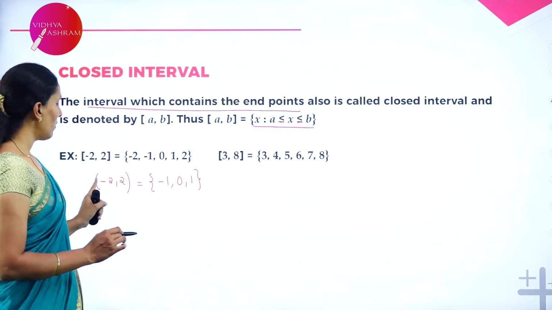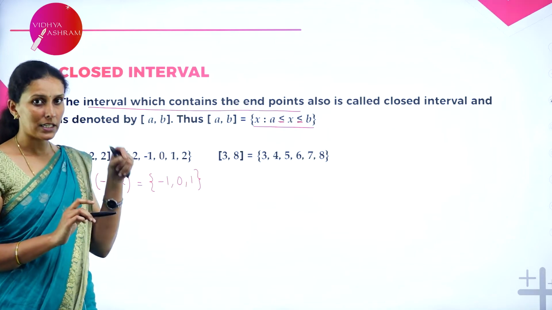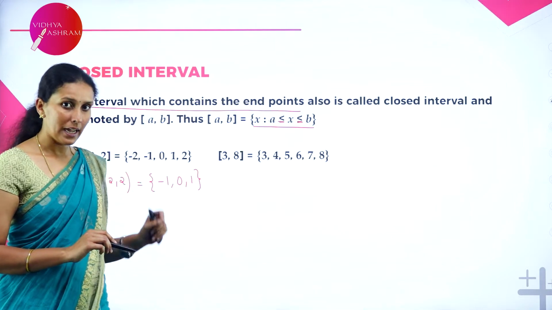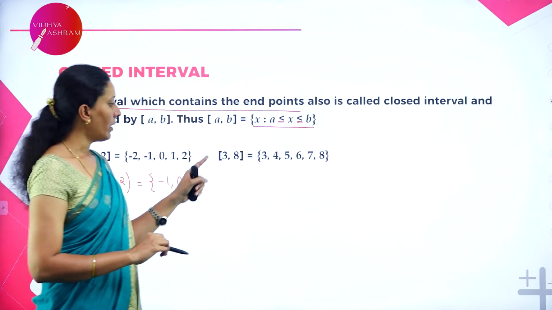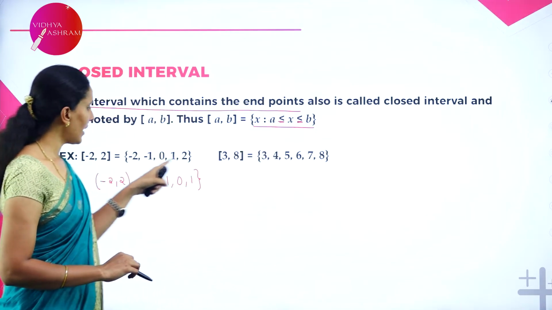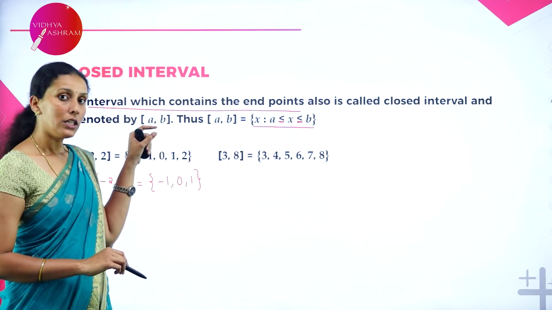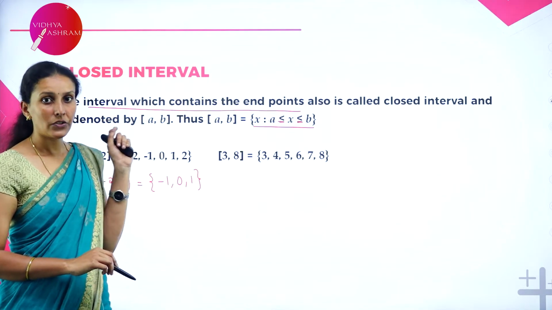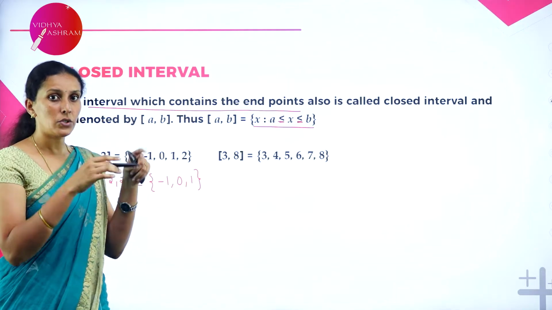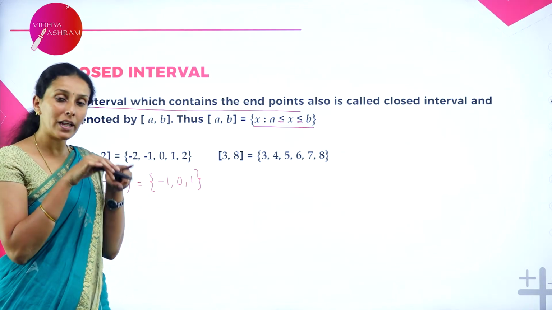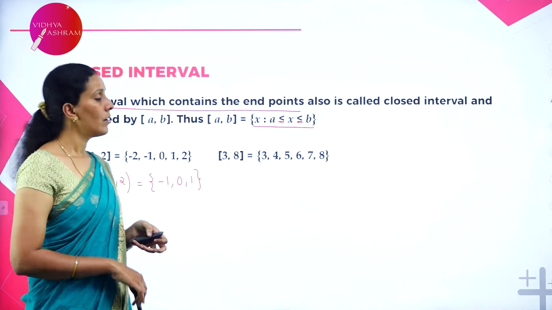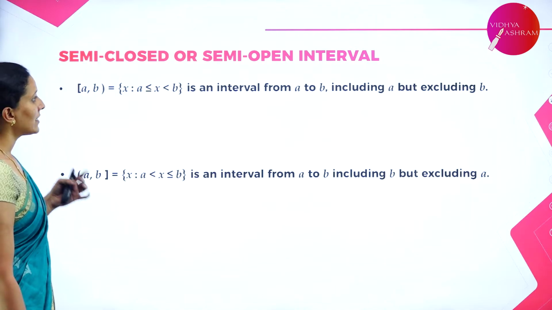In an open interval, we are not considering the end points as elements of the set, but in a closed interval, we consider the end points as elements of the set. One more example, [3, 8] means all the integers from 3 to 8. This is an example of integers I have given. The intervals of R, that is real numbers, cannot be written in this form because we would need to include all the decimals between 3 and 4 also, which we cannot do because there are infinitely many real numbers between 3 and 4.